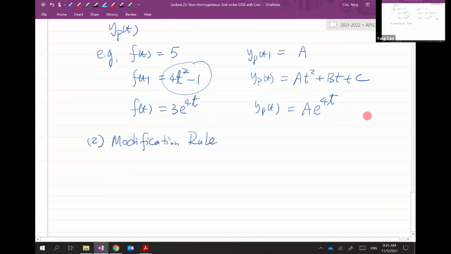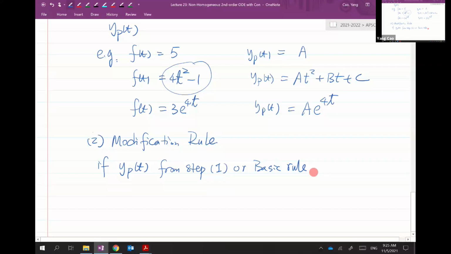Essentially, this yp of t that you have picked from step 1, the basic rule,